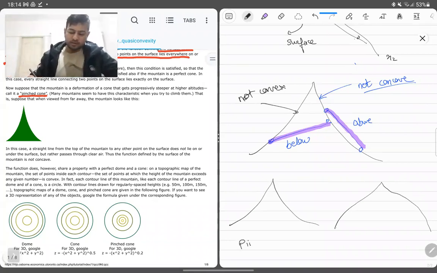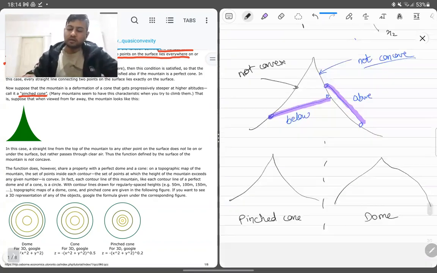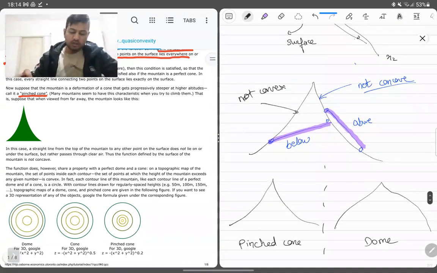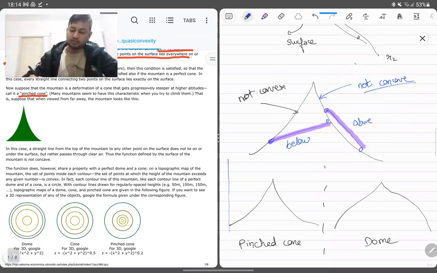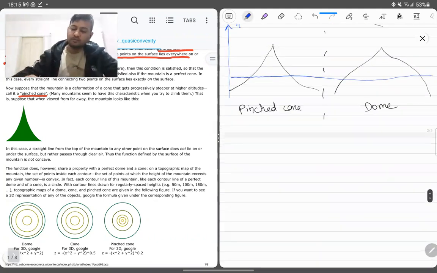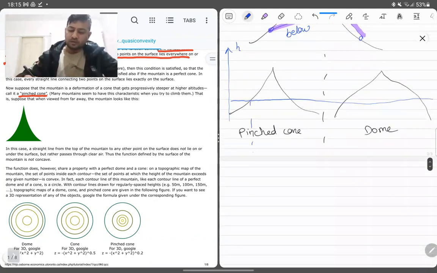So this is my pinched cone. This is my dome. Now there is one common thing between a pinched cone and a dome. Suppose I point out all the points at a given particular height. If I map height, suppose this is the height axis, and if I mark this height, then the corresponding points in the pinched cone will be a circle,